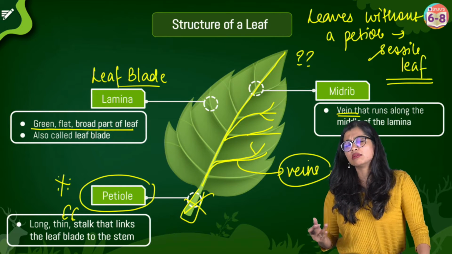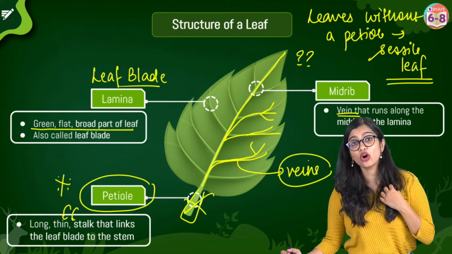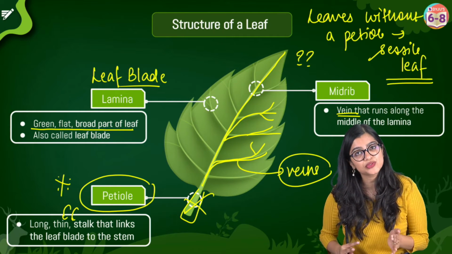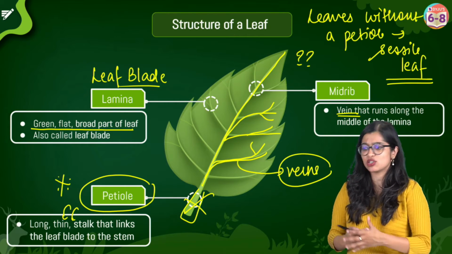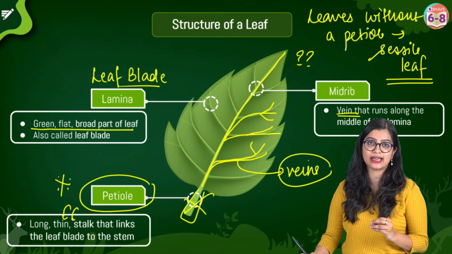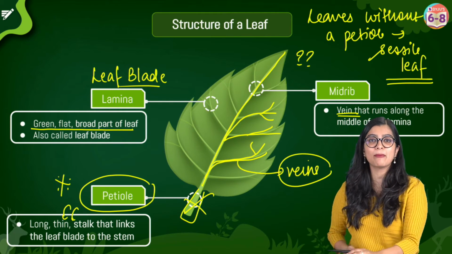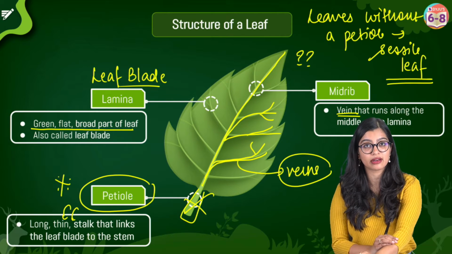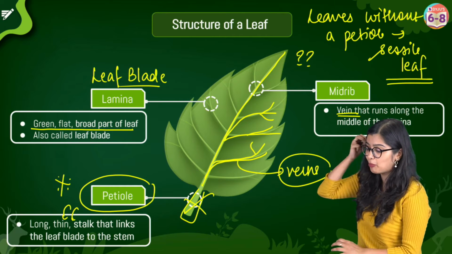Now if I ask you what is a vein, and you tell me it's a line that I find in the leaf, that of course is okay to understand what it is. But that is not the scientific way, right? You are all students of science now. So when you are students of science, you should also know why you have lines on a leaf. Is it just for some pattern or is it actually doing some function? Is there some particular function that it carries out? Of course, if it's there in a living organism, it is like saying, if I have skin on my body, is it just there for fun or is it actually doing something for me? Absolutely, it is doing something for me, right? So just like that, these veins are not just lines. They carry out very important functions.